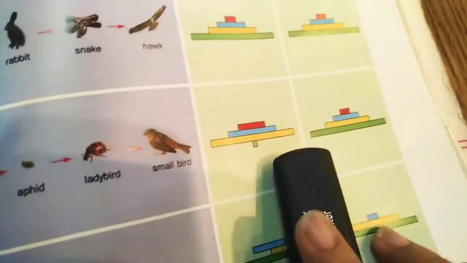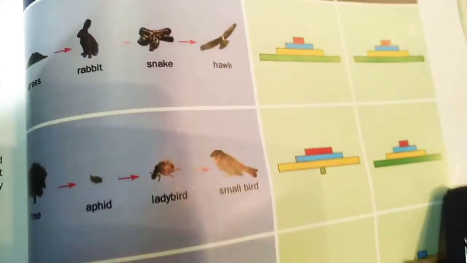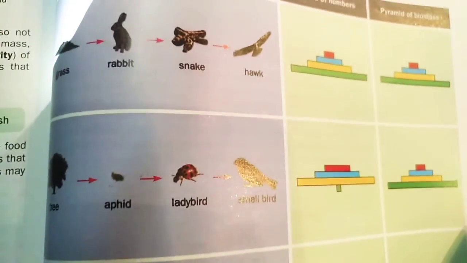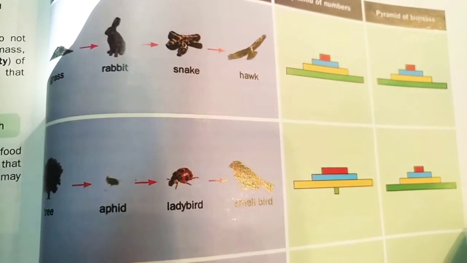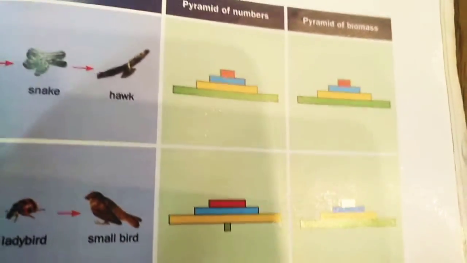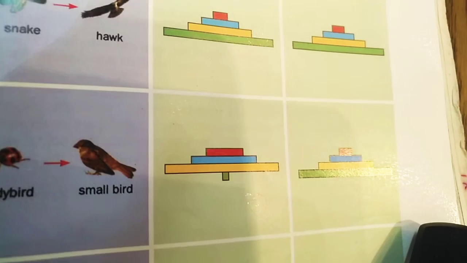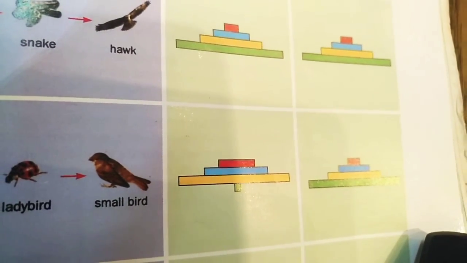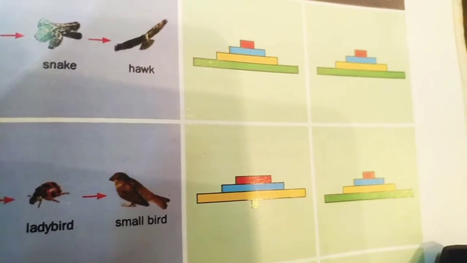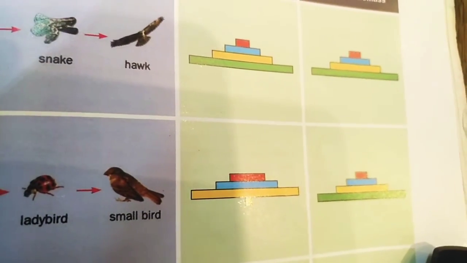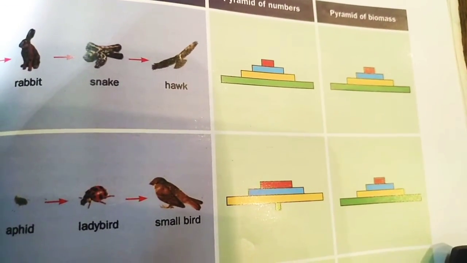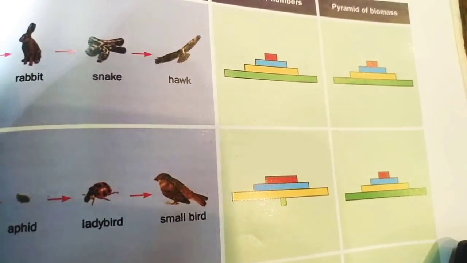But for the same food chain, we can construct the pyramid of biomass in a different way. The producer is one big tall tree, and definitely the biomass of the tall tree is very high. So the pyramid of biomass is represented in this way, having a long bar. Then aphids, 1000 aphids were there, and definitely they have their biomass. Then 100 ladybirds, and then maybe 20 small birds. In this way, we can present the pyramid of number and the pyramid of biomass.